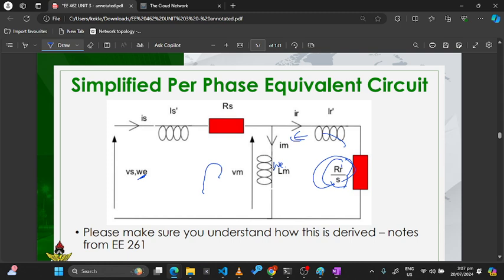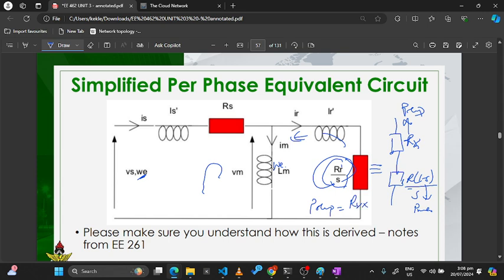So this part we said can be broken into two parts, like two resistors in series. One is R times (1 minus S) all over S, and the other is just R. We said this is what contributes to the losses, which is the P slip. And this is where we get our mechanical power from, so this is where we get P mech from. So that is why P slip here is equal to this resistance,